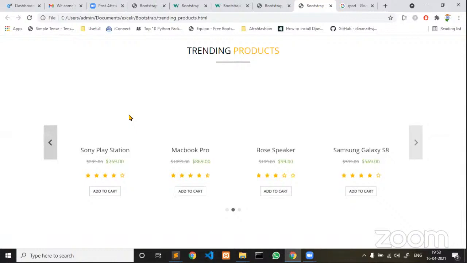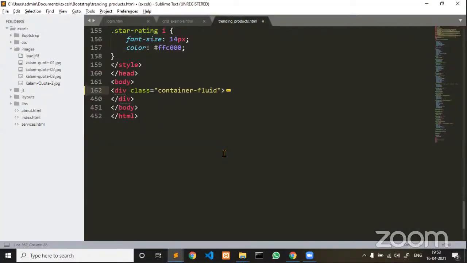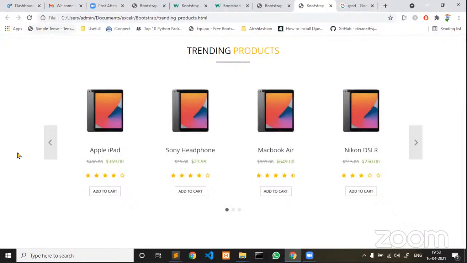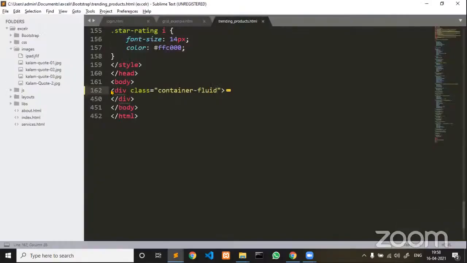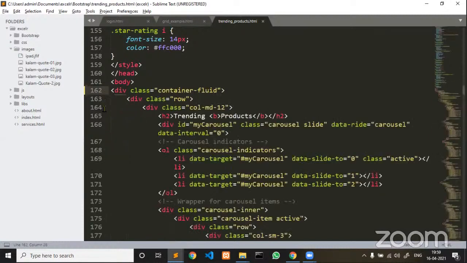In case you want to display my complete elements without giving space in the left hand side and right hand side, you see here, this is my flexible layout. This is a flexible layout. Hope you understand. Now within that layout, I have created one row. In that row, I have created one more column. You see here in a medium device, all 12 columns I have merged into a single column. Once that is done, next I have used an H2.